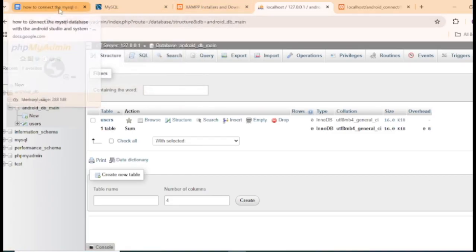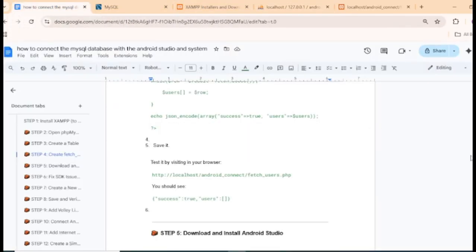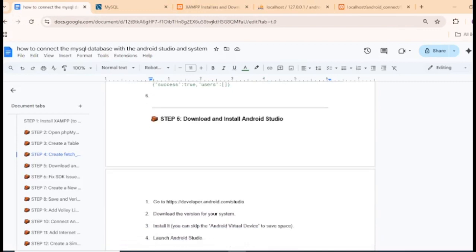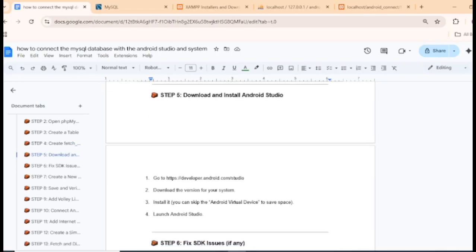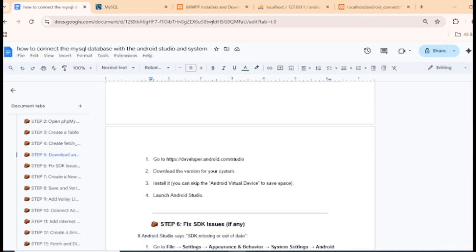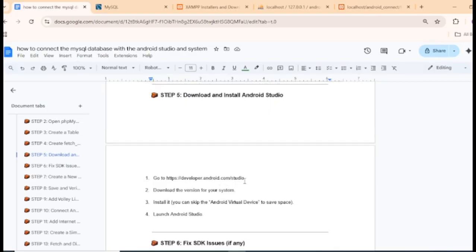So let's go over to the next step, which is step 5. The next thing you want to do is to actually install Android Studio. If you already have it, we'll just go over to the next step. But if you don't have it, you're just going to come over to this website here called